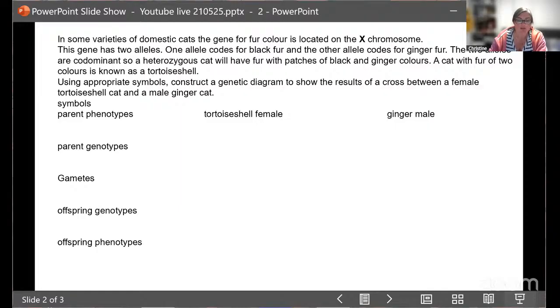So here I have a question which is telling us some information about varieties of cats. And what we can see with the variety of the cats is that the gene for the fur color is actually located on the X chromosome. So the fact that it's located on the X chromosome means we can actually talk about